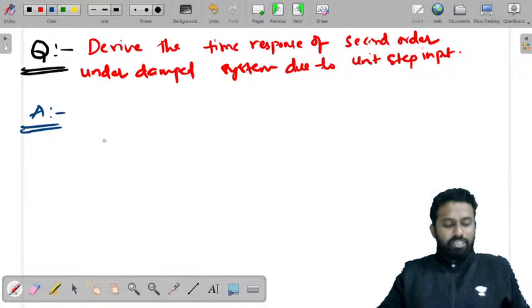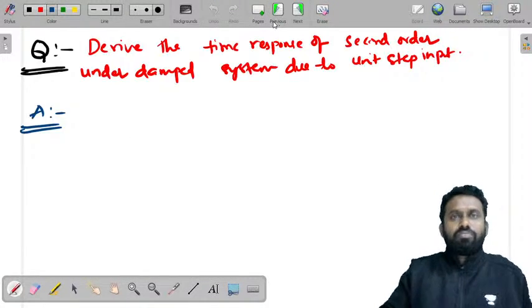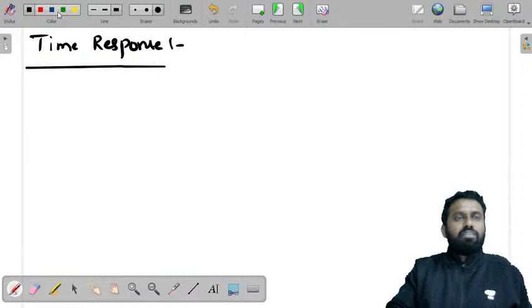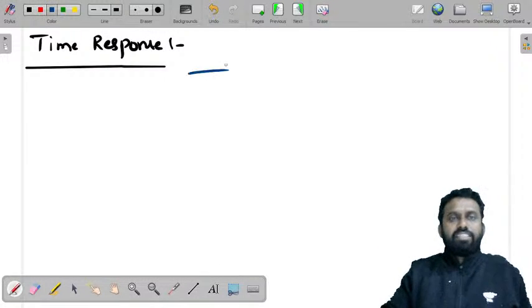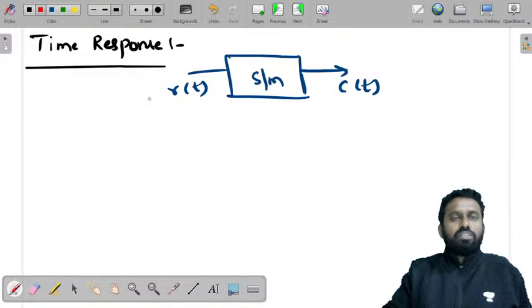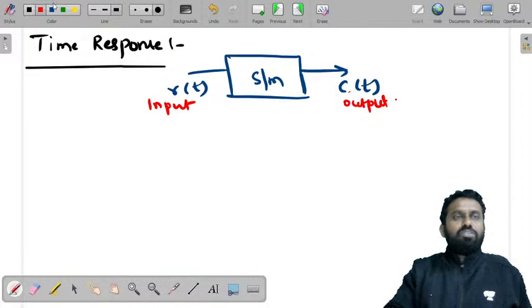So before telling you this time response of second order system, let's see what is the time response and what it comprises of actually. So it is a response of any system. So let's say if this is a LTI system, this is C of t and this is, let's say, R of t. So this is the input and output. Now the response of a system here with respect to time, C of t versus t, if you try to plot it,